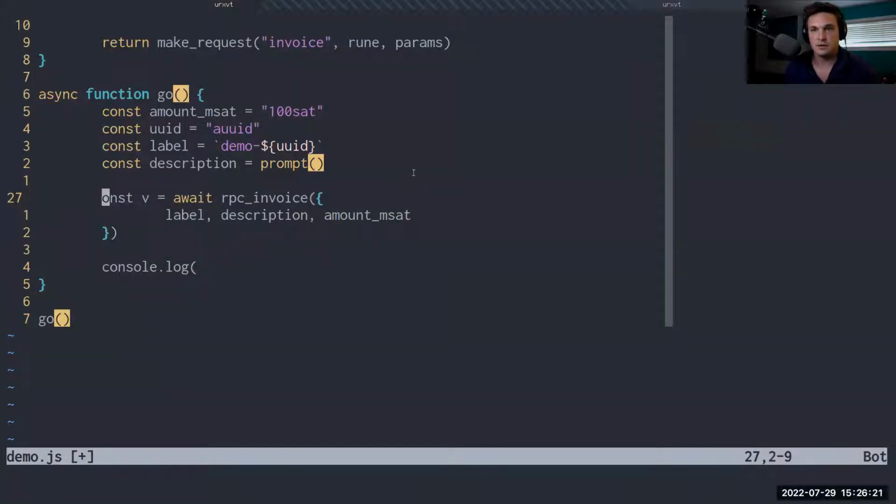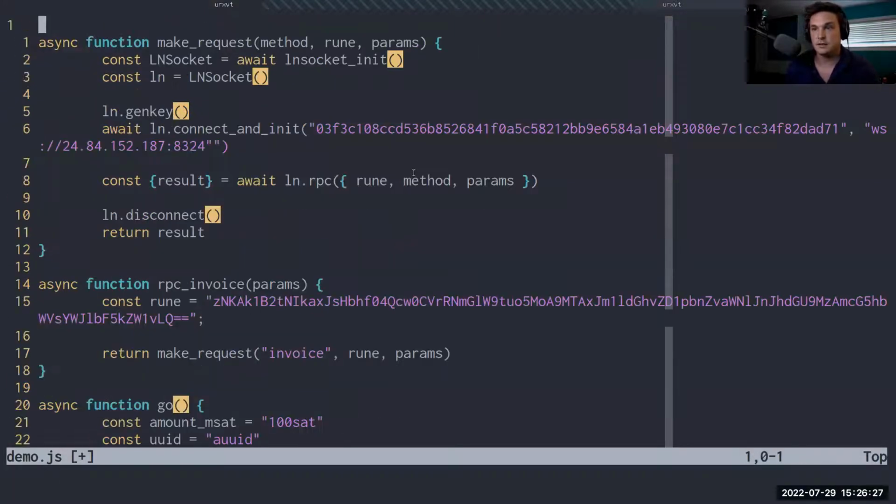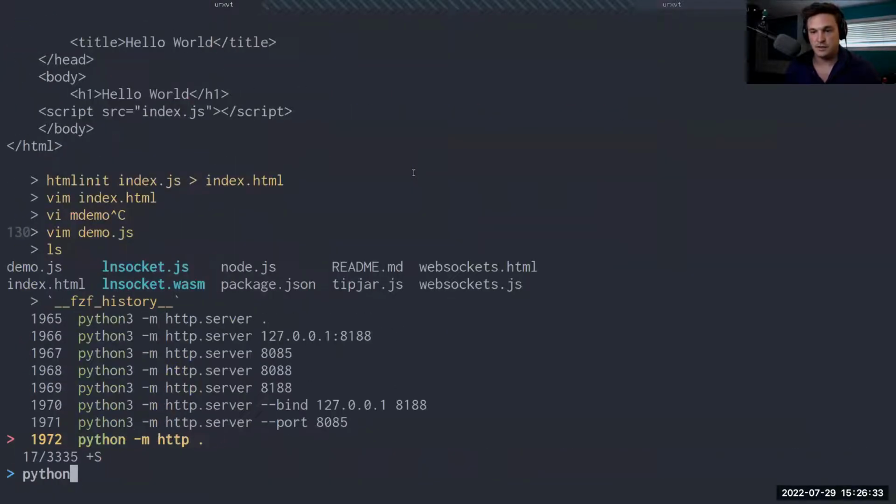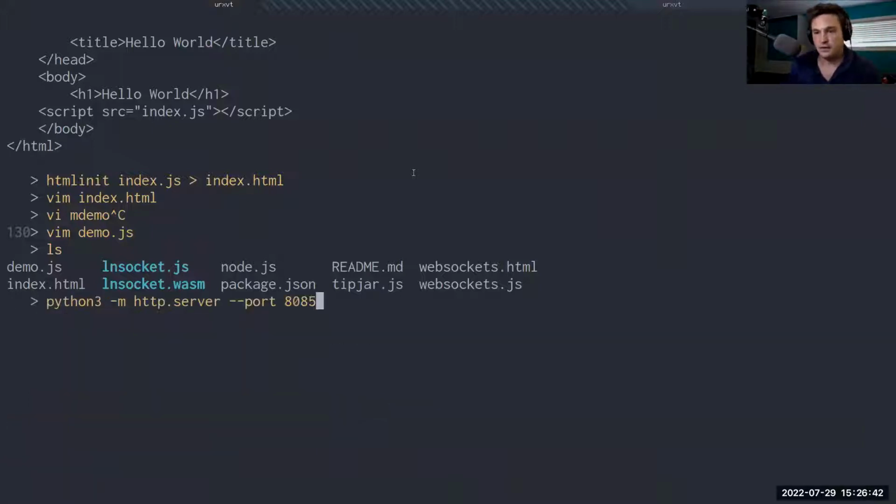Const val. Let's make sure we have everything right. Looks good to me. Do that Python thing, which is really cool, which allows you to spawn HTTP. So the reason we have to spawn, normally you wouldn't have to do this, but for whatever reason,